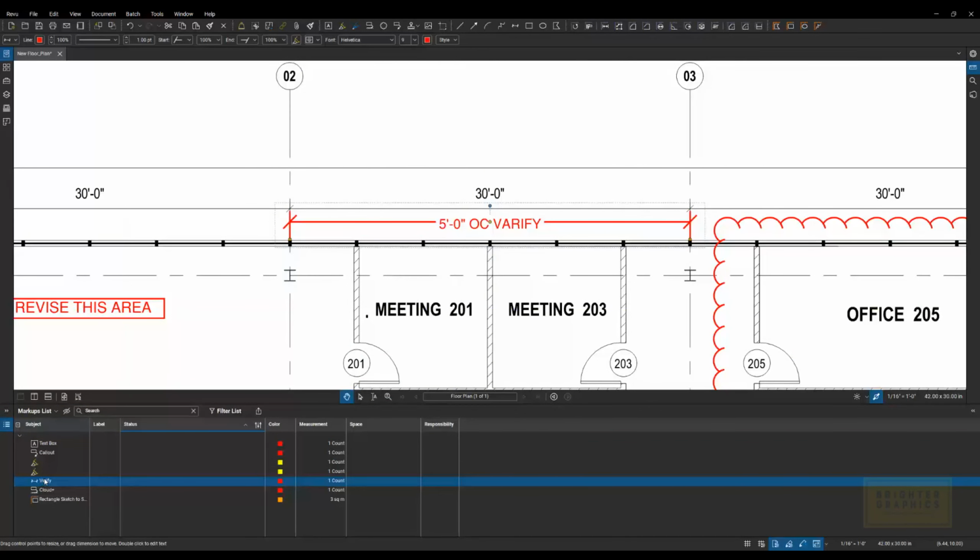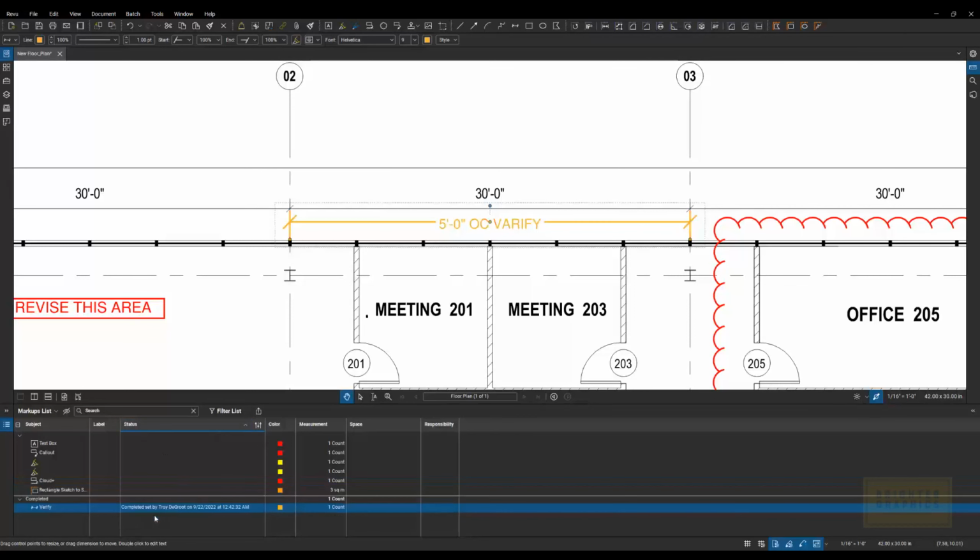Okay, so in a design review process, if I put this note in and I give these drawings over to my designer, they're going to go into the CAD software and they're going to update the drawing with my note that I'm placing here. Once they're done with that markup, they can come over here to the markups list in the status column. And if you double click, it's going to bring up some options. And let's say I'm the technician, I'm going to go in and say that I completed that markup. When I do that, I have custom settings in here so that I turn it yellow.